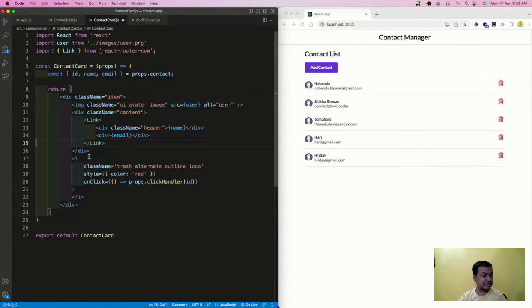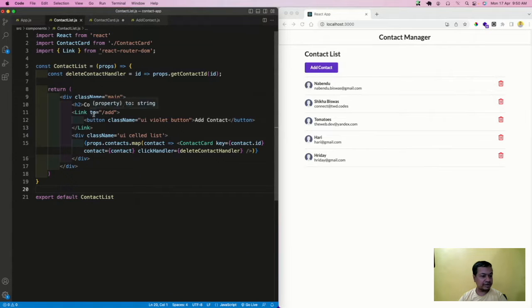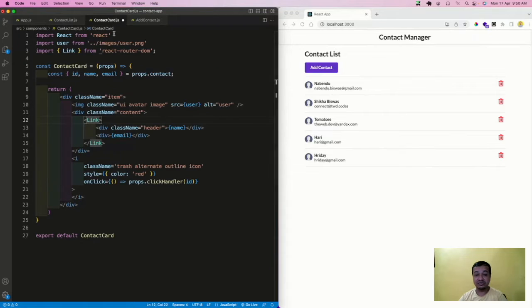Link I have done. Then here, see, in the contact list also we have a link tag, and we're just going to something static. But here, this is how we implement the Link to, the path name is